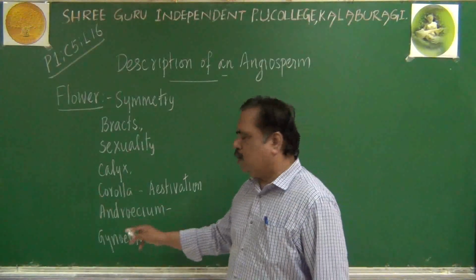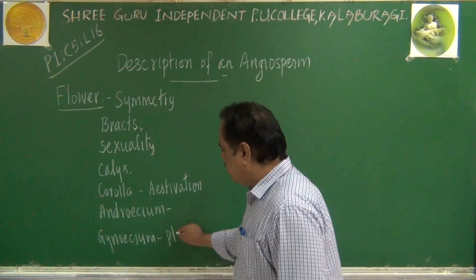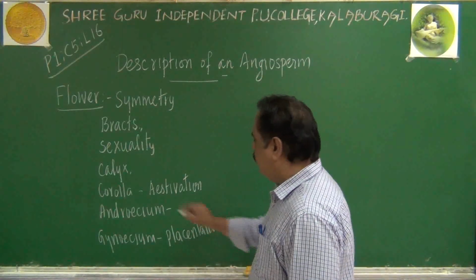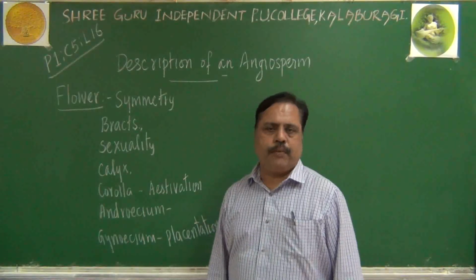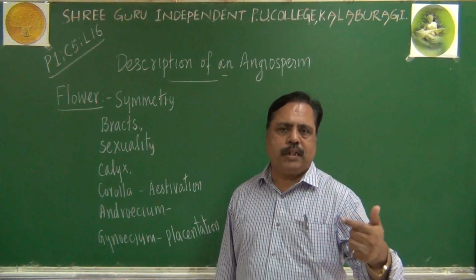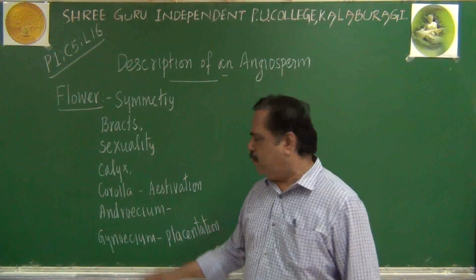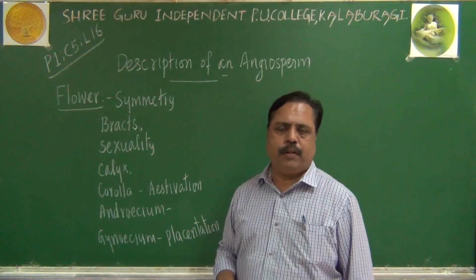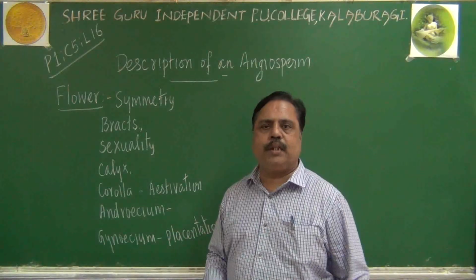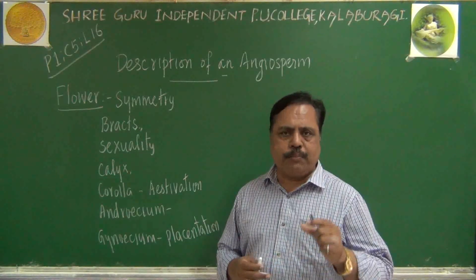In addition to that, in the gynoecium, we will be writing about placentation also. How the ovule is attached within the ovary, that is called placentation. Whether it exhibits marginal placentation, axial placentation or basal, free central, parietal, all that we can describe here. That is regarding placentation. In addition to that, whether the ovary of this gynoecium is superior or inferior, such a point also we can write. Do you get my point?